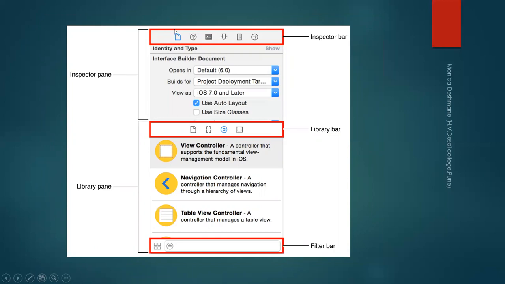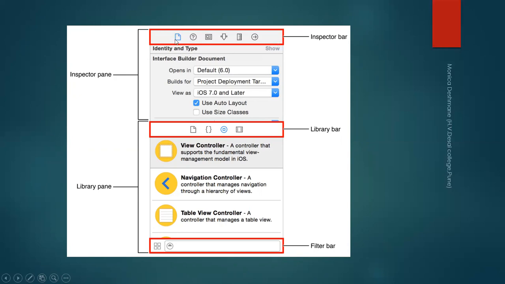This is a typical view present at the right side of your Xcode interface, called the utility area. The inspector bar has these tools. According to the syllabus, we have to learn only these two tools. First is the file inspector, second is the quick help, which we'll learn in the next slide.